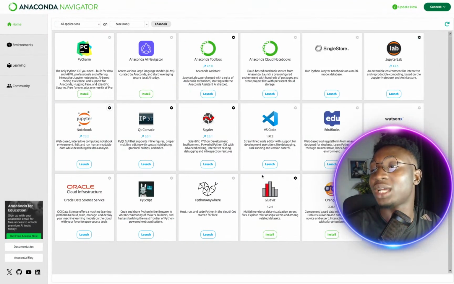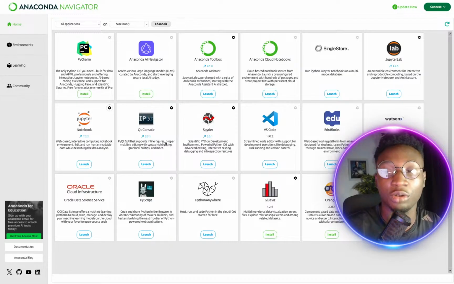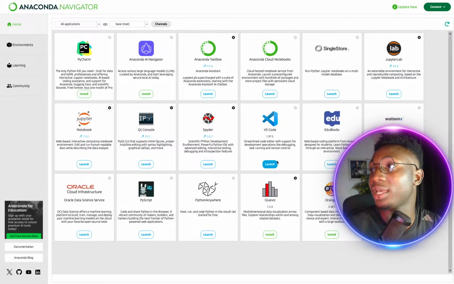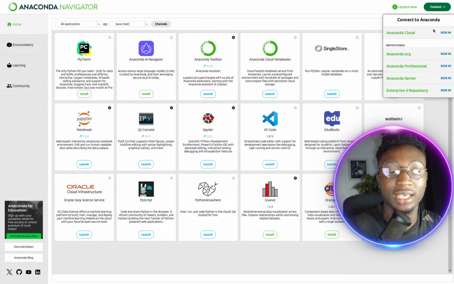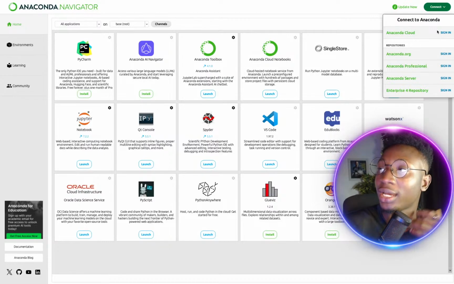All right, so now here we have the home page. The home page basically shows all the navigator launch tools that are available on your Anaconda currently. You can see that currently PyCharm is not installed. If you want to install PyCharm, you can directly install it from here. These are different IDEs that we have in Anaconda. We also have VS Code, which is currently installed on my system. And once you come here, it's going to show you how to connect. If you want to connect your Anaconda cloud, your Anaconda server,